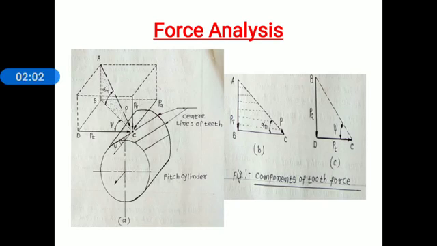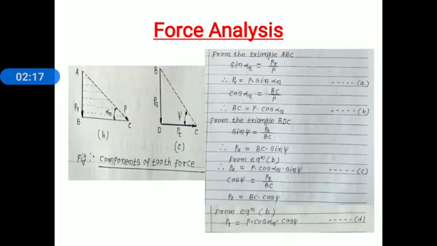Now observe these three figures carefully: figure A, figure B, figure C. In figure B and figure C, we consider the normal pressure angle with a respective plane and the helix angle with a respective plane. Now from figure B, we consider a triangle ACB. From this triangle, we consider sine alpha suffix n, that is the front side to the hypotenuse. Front side is the radial component PR and hypotenuse is P. That sine alpha suffix n is equal to PR divided by P.